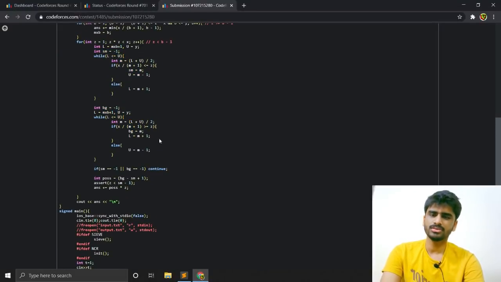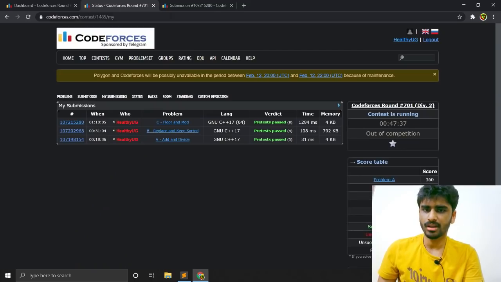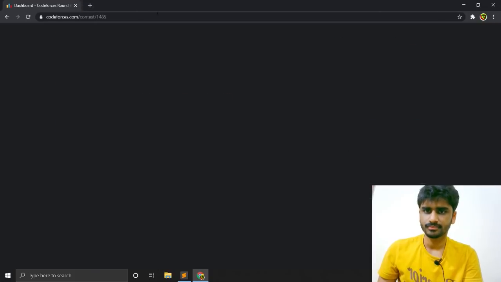I'm not sure how to do it in O(1), but as far as I know, it's possible to do it in O(1) to get the minimum and maximum in such a way that you get this thing. But I'm not sure how it's done. Anyway,